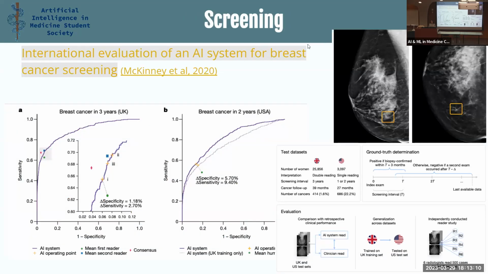There's another one. This one's a pretty famous paper. I think they used convolutional neural nets for this one to evaluate breast cancer. Essentially, they got two radiologists to classify images as breast cancer or not breast cancer. And then they trained the convolutional neural net on that labeled data, and then they tried to classify cancers as yes, there's cancer, or no, there's not cancer. So it's really great for screening, because screening is a really big part of primary care. Radiologists spend a lot of time reading images of normal breasts when only about 1 in 1,000 might be breast cancer and need a biopsy.